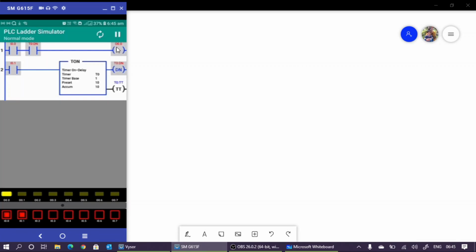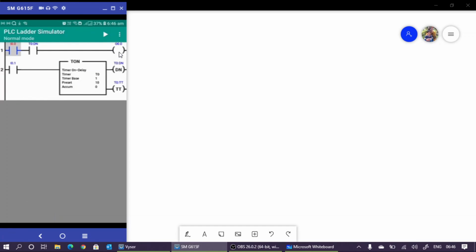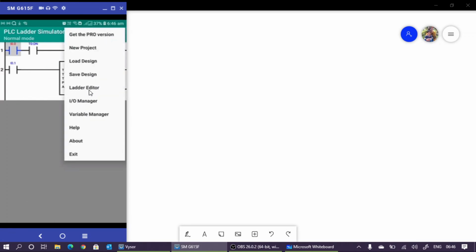So can we add this O0 to here? Before that, I am going to switch off this one. What will happen? That one is 0. If you switch it off, then this accumulator is cleared. Is it okay? Okay, so I am going to add this O0 here. So ladder editor.